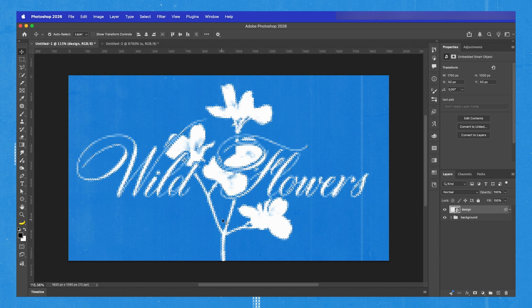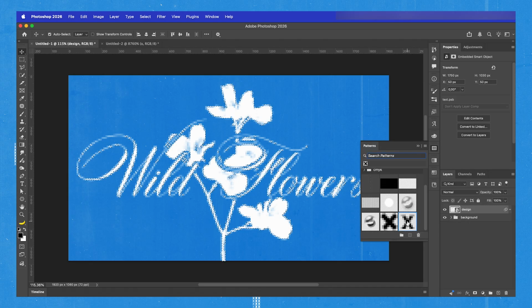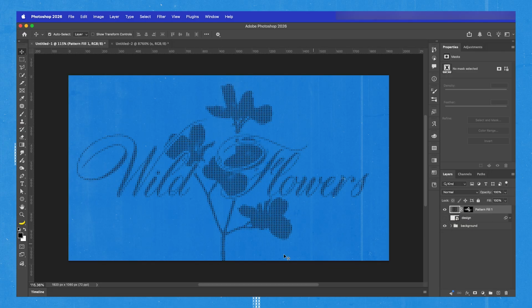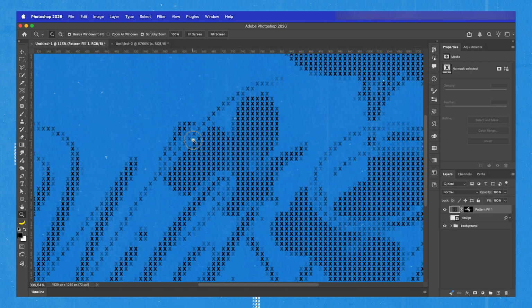Command and click on the thumbnail of your design layer. This will create a selection. Now open up your patterns and click on the pattern we just created. Hold down the Alt or Option key to not clip it. Hide your design layer. And here we have our X crosshatch design, which is pretty cool since it's going to